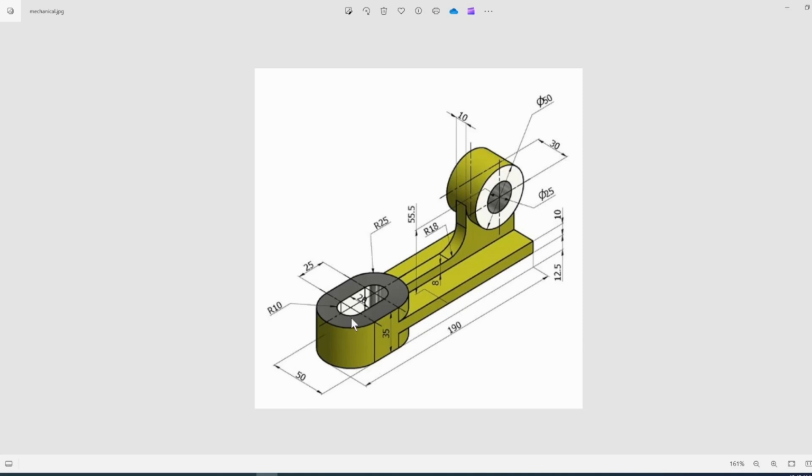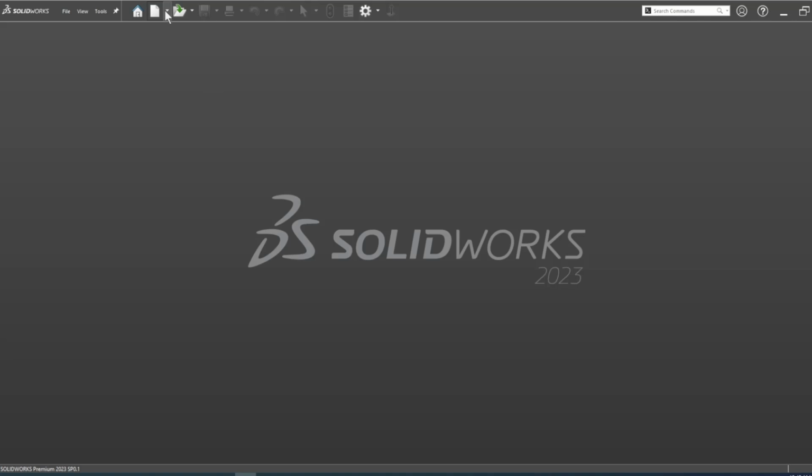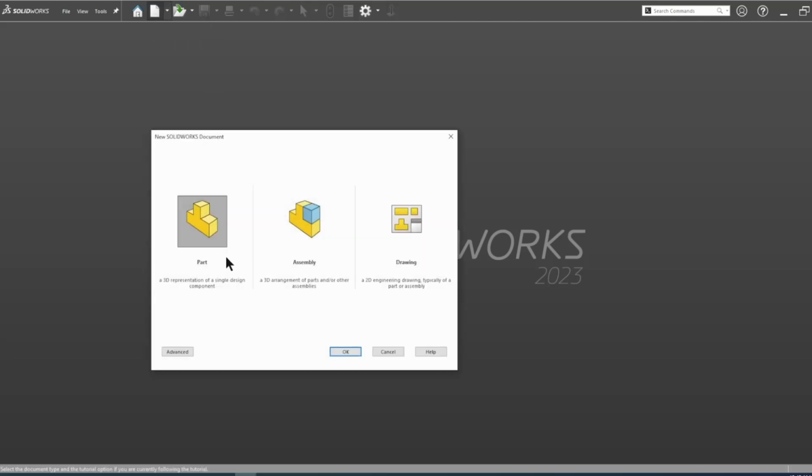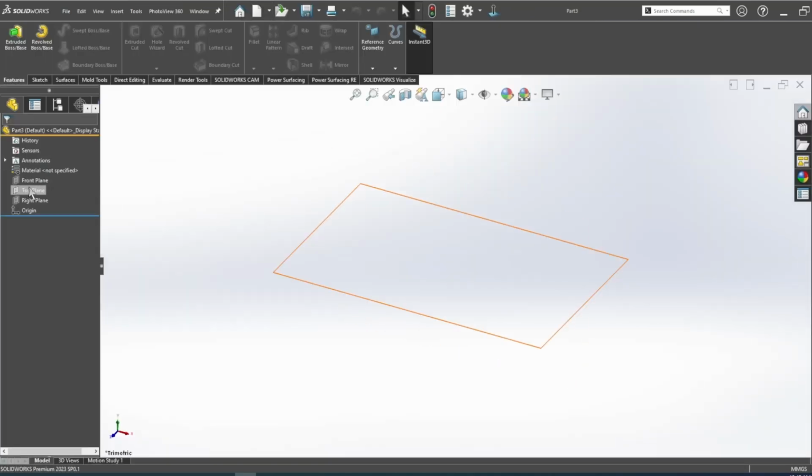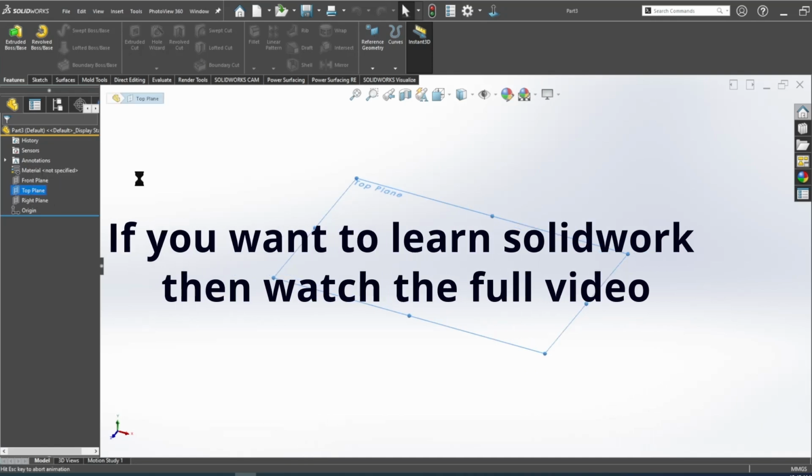Okay, go to SolidWorks, new document, part. Okay, go to top plane, sketch,